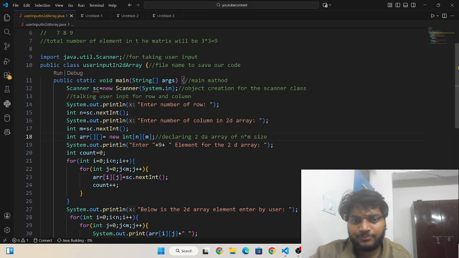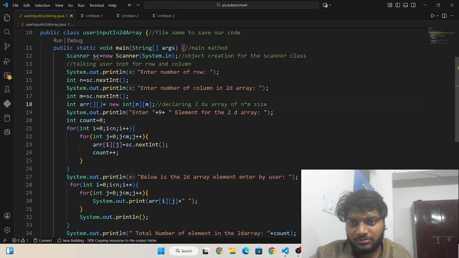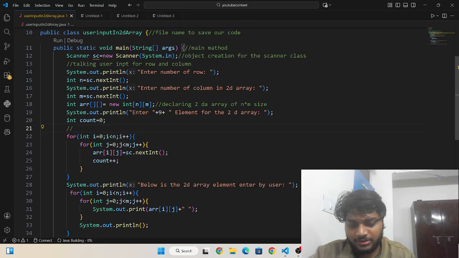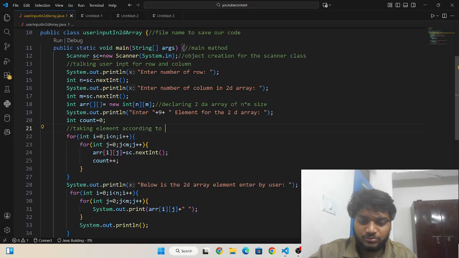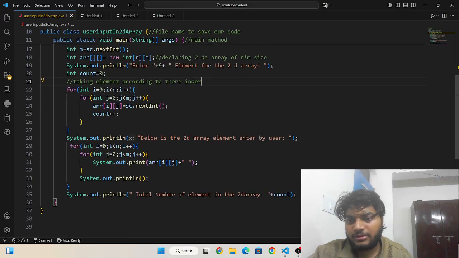And this is taking elements according to their index.